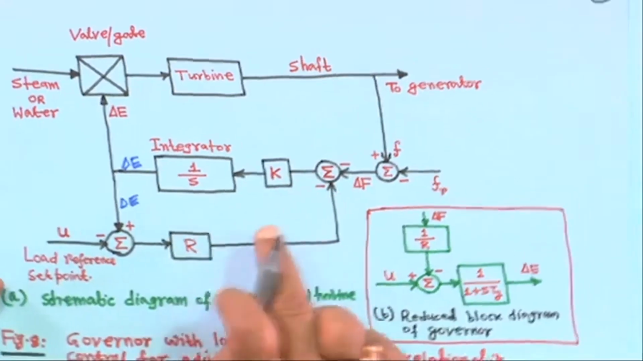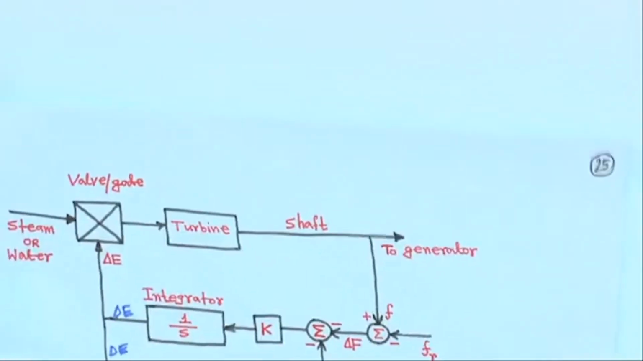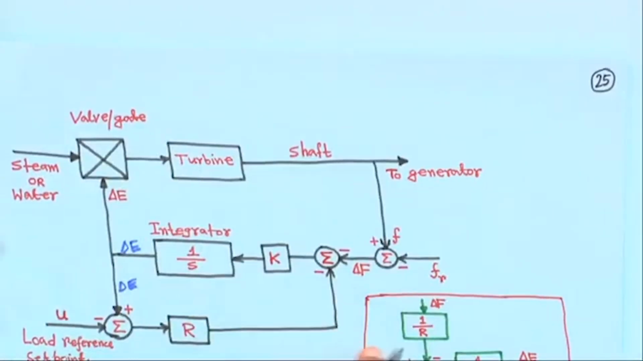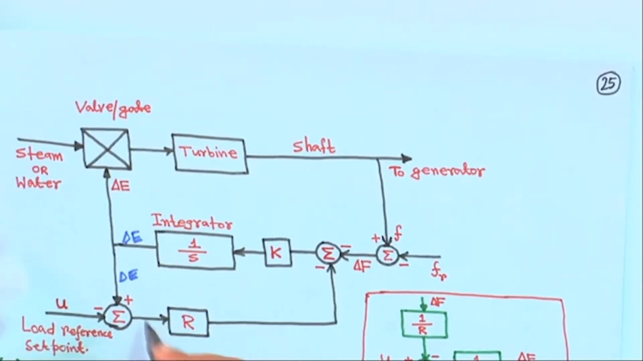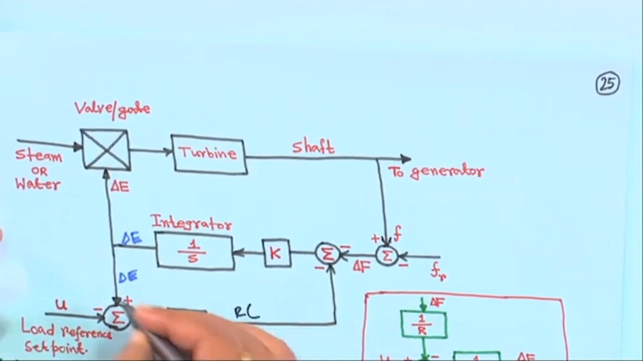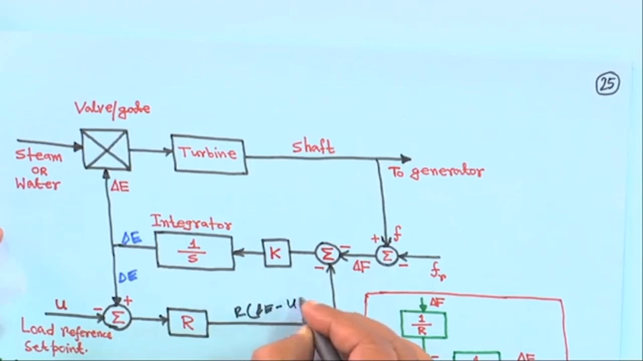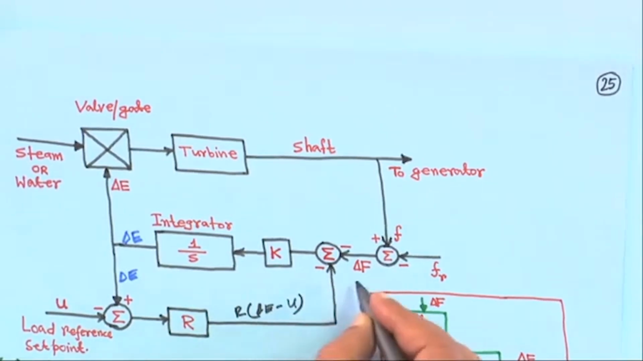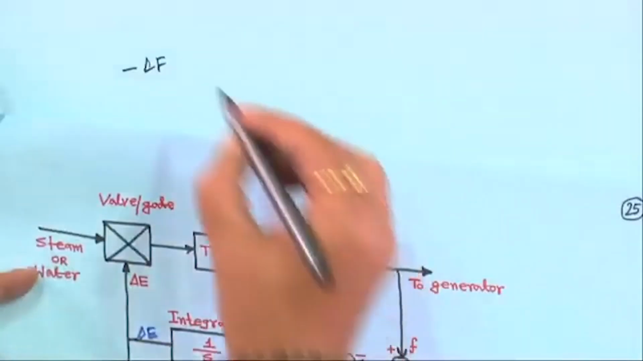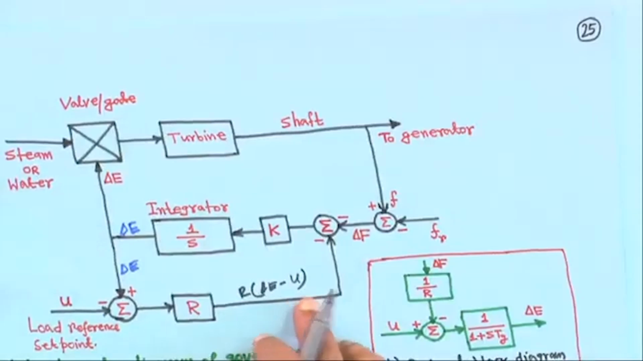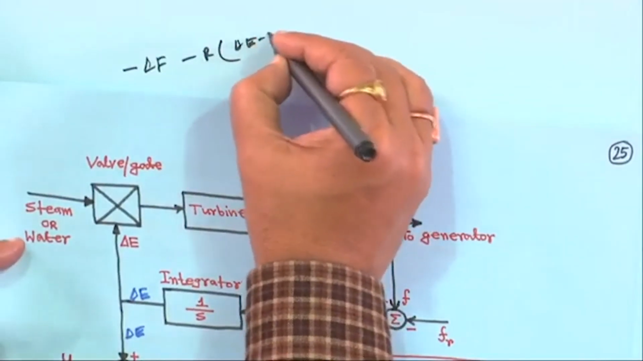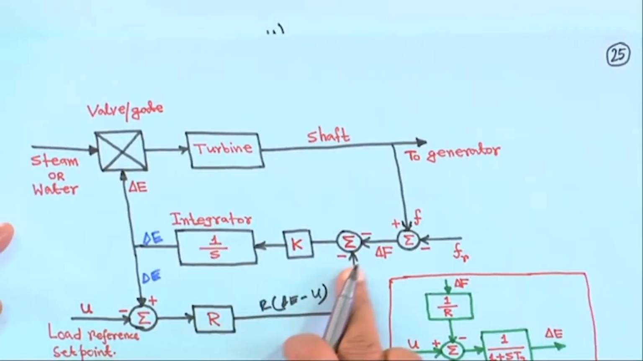Then if you simplify this, how things are, just have a look. So, this is minus delta F, and this side is coming r into delta E minus, here I am writing this is r, this is delta E minus u, this feedback is coming here, right. So, that means minus sign is there. So, it is minus delta F, and this is minus r into delta E minus u, then you close the bracket. So, output